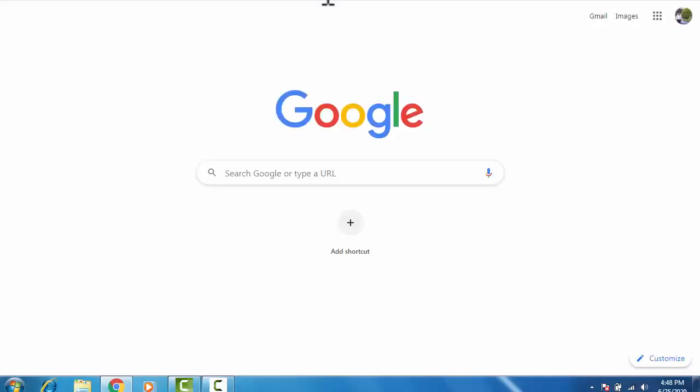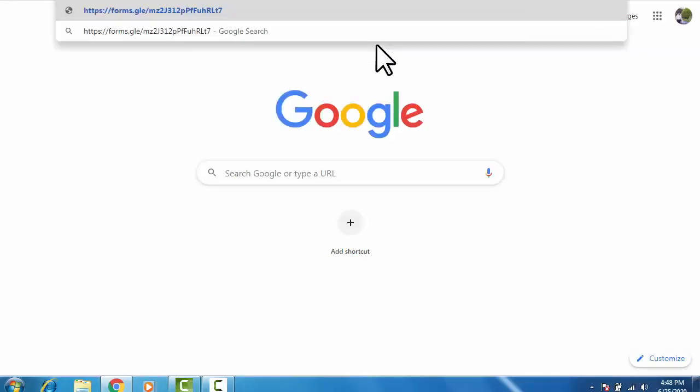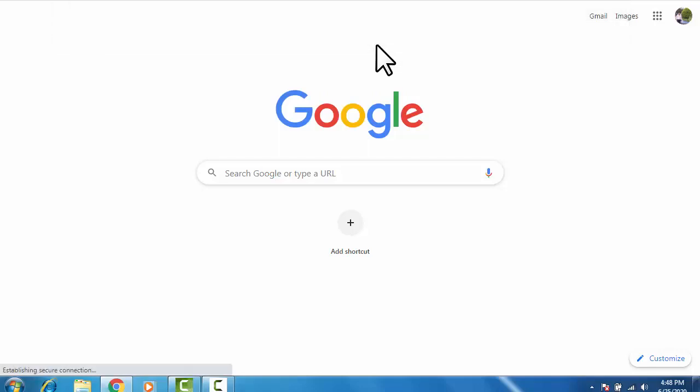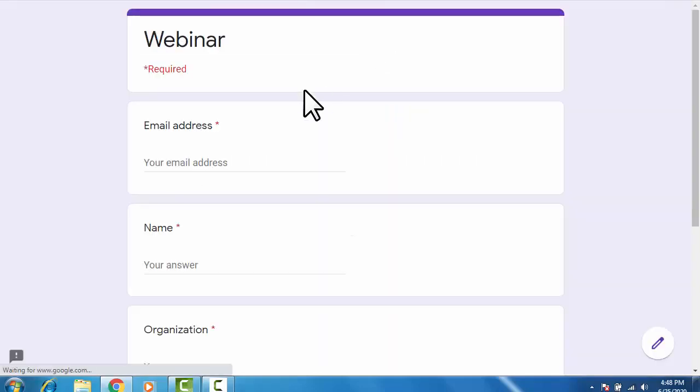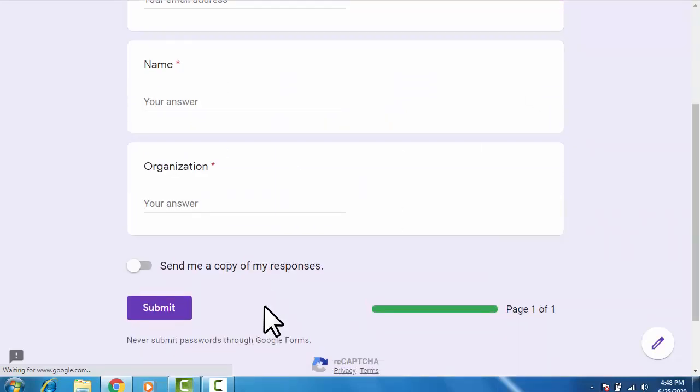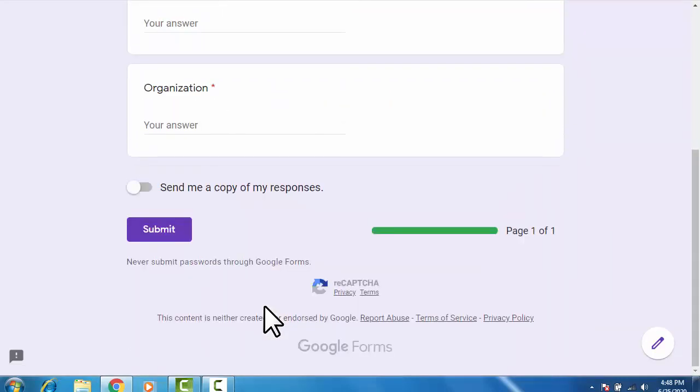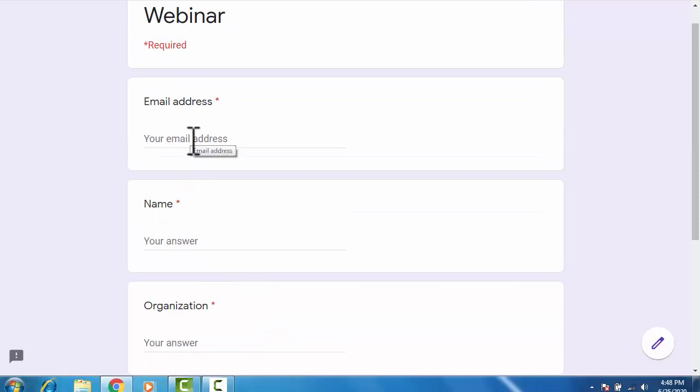Go to the new tab. I will check it out and I will show you how the certificate will be generated. I will press that link. The form will open here. Now I will fill up this form to check whether I will get the certificate or not. You just click on email ID, I will give my ID, I will give my name.